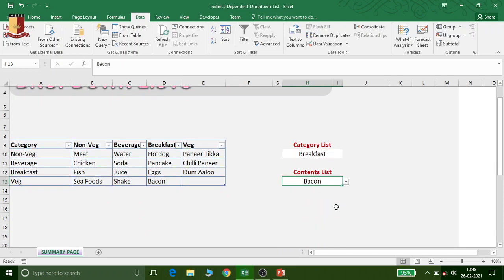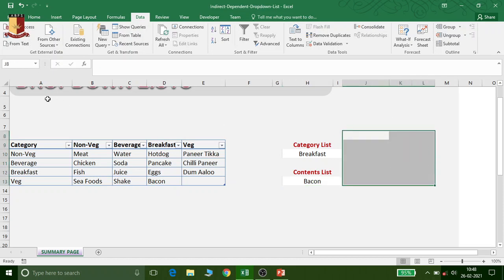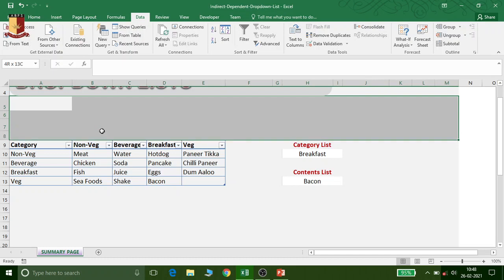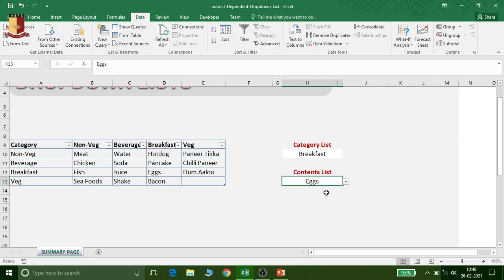If you want to create more lists, you can create more lists, but it is better to use a named range because you can easily identify it. Sometimes when we apply a range like A2 to B3 or A2 to M3 or A5 to M8, you cannot actually remember all those ranges. So whenever you are selecting some range, assign a meaningful name to it, so you can easily identify a particular range, or a named range is actually holding the list of particular items. Got it? So just check now, it's appearing.